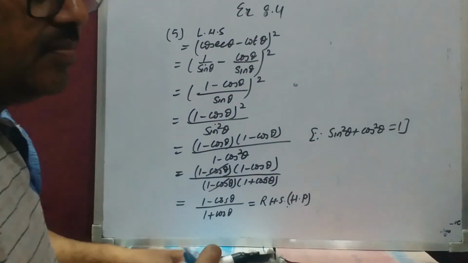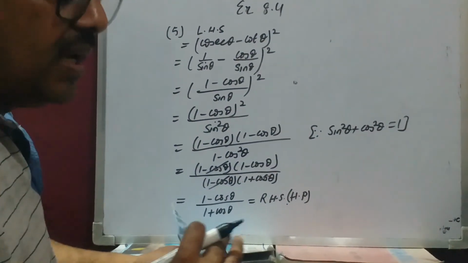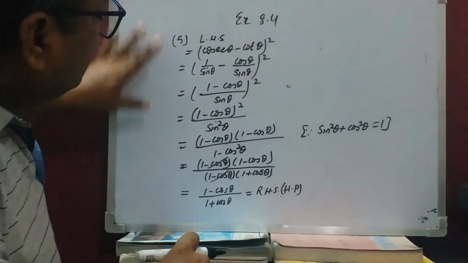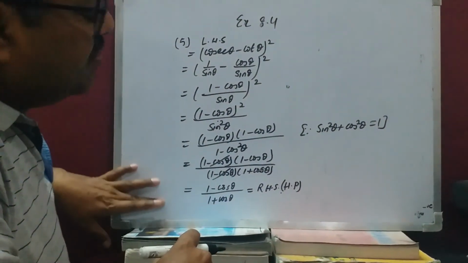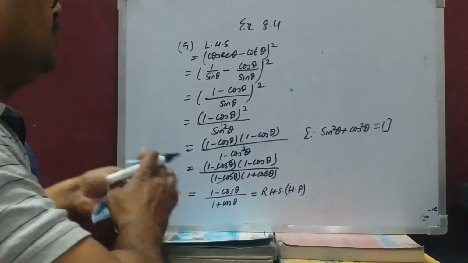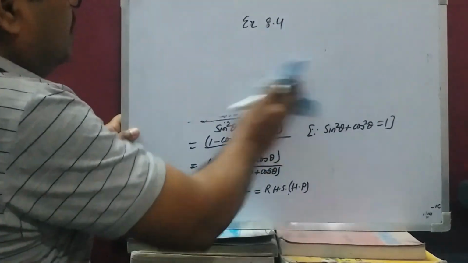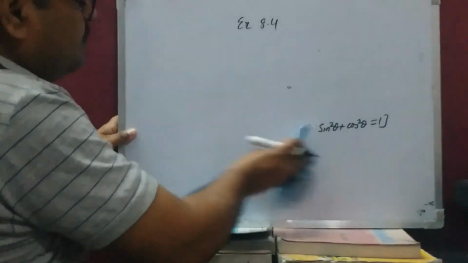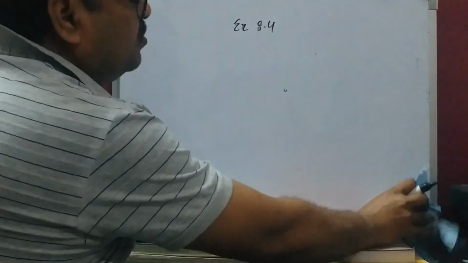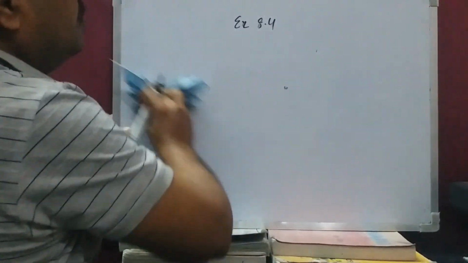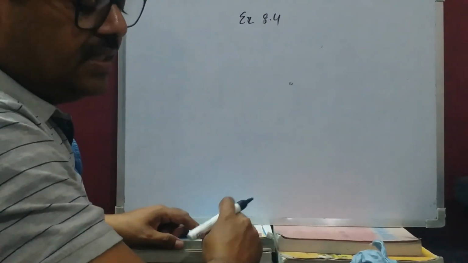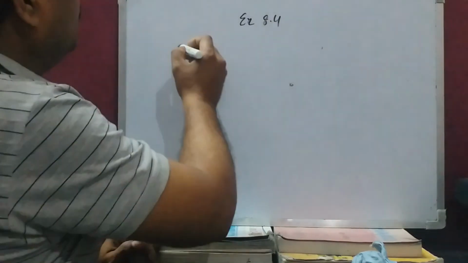In the next video, I will give some applications based on this type of questions. Some extra questions will also be provided to you for practice work, and that will be given in the next video. And question number 2,